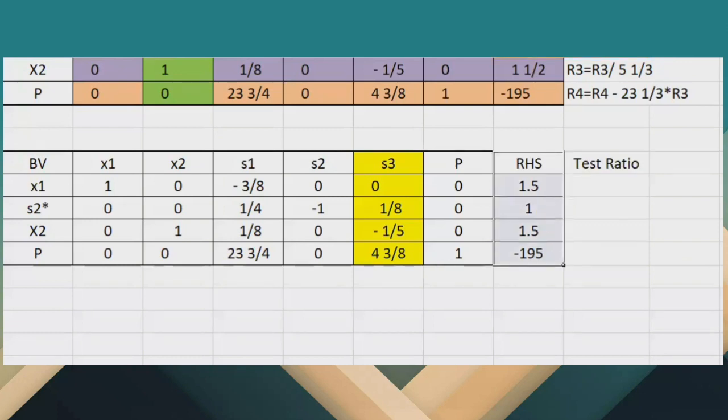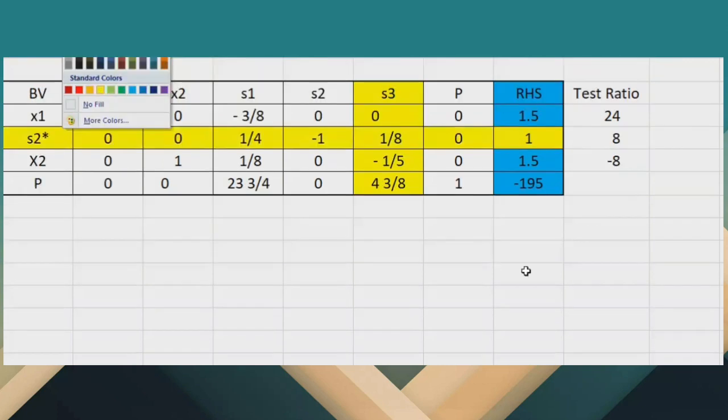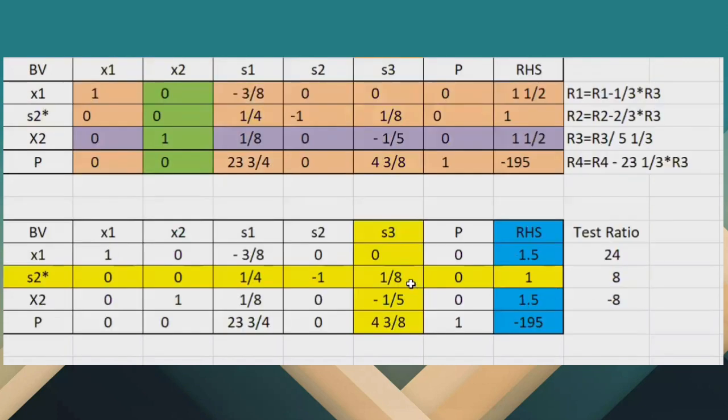Itong ating highlighted, divided by. So, is equal to, divided by, yung 1, i-divide sa 1/8, 8. And then last, yung 1.5, i-divide sa negative 1/5, negative 8. So, kunin yung smallest positive, siya yung pivot row. So, this one. Ayan. So, automatically,